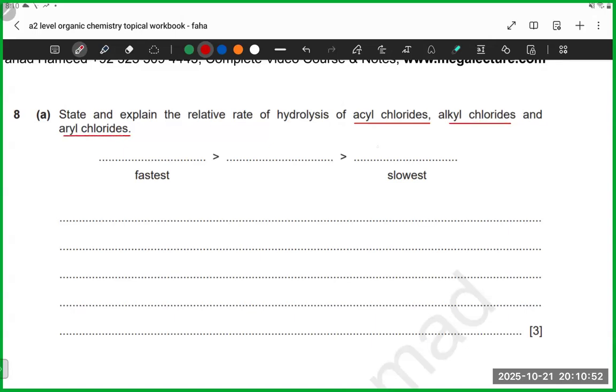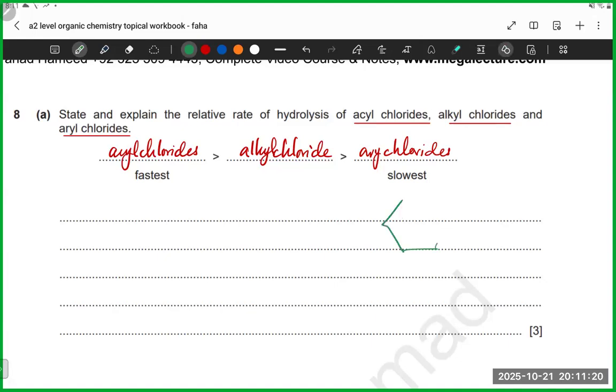So the slowest is chlorobenzene, which is aryl. Remember, arenes or aryl is used for benzene. Acyl chloride is the fastest. And the middle one is your alkyl chloride or your halogenoalkane. And the explanation for that is, what's wrong with benzene? Why do chlorobenzenes not get hydrolyzed? The explanation is that if you have Cl attached to it,